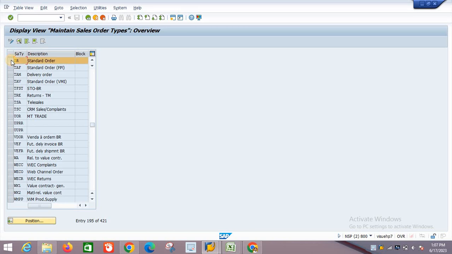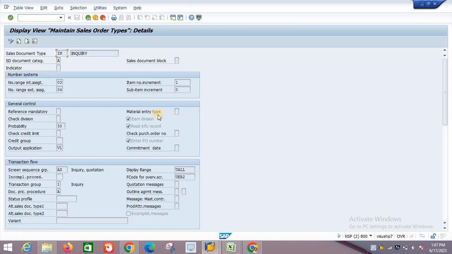I will select this document type and go to the detail. If you see here, what is the sales document category? A. If I go to the next, for the quotation the sales document category is B. And for the sales order it is C.